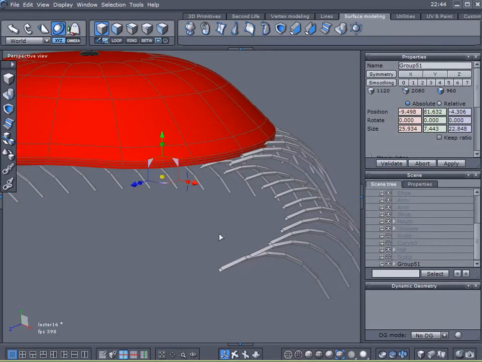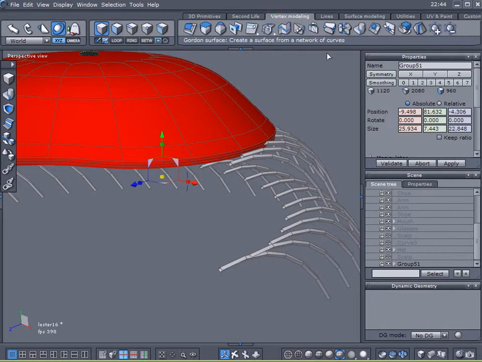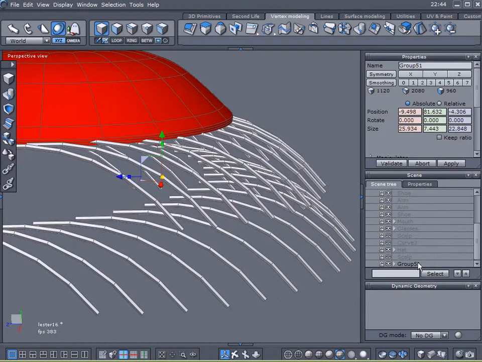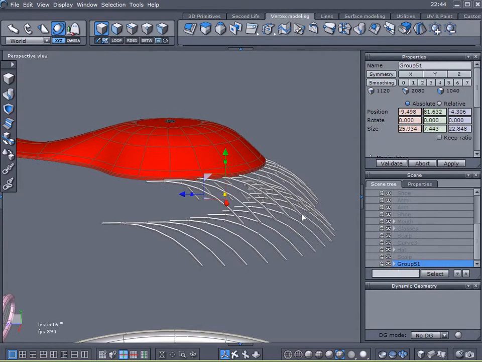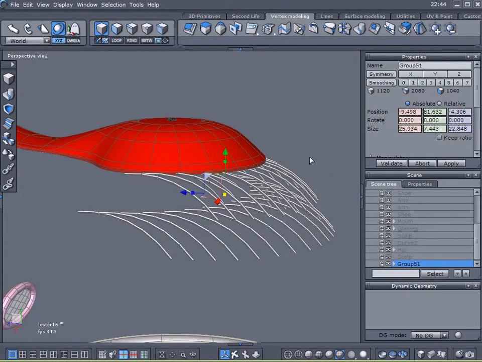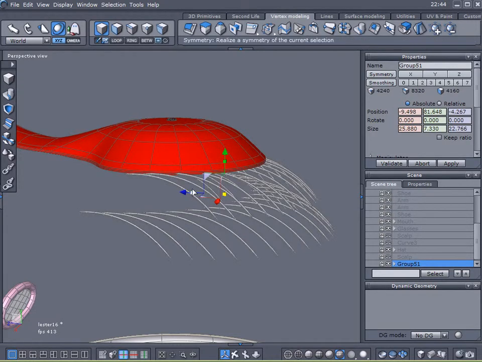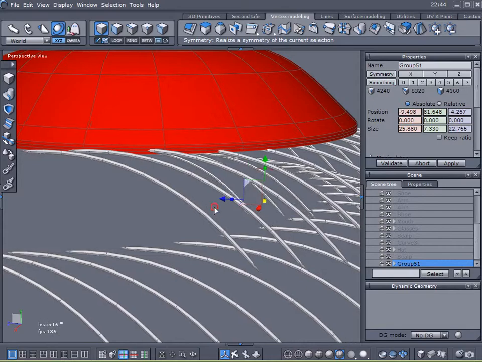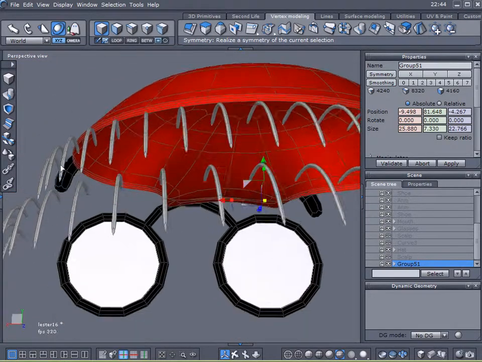Now I want to put caps on the ends. I want to close them off. I'll come up here to close under the Vertex Modeling tab, close all, validate that. Now with my group selected, if it's going to allow me to select it, again running video recording software, it does compromise the responsiveness on my PC. So with all of my hair selected, I'm going to come up here to smoothing, and look at that. Got nice little toothpicks that will be Lester's